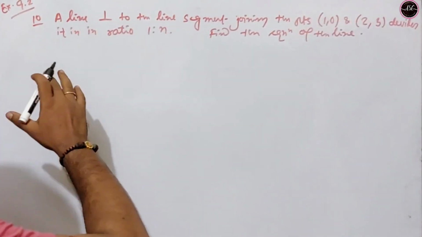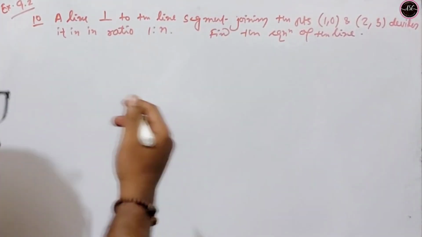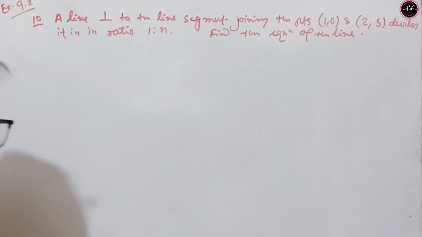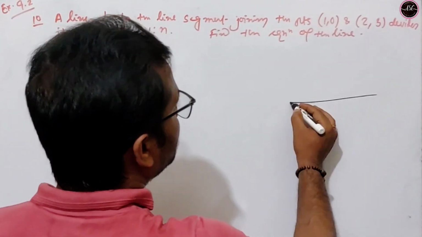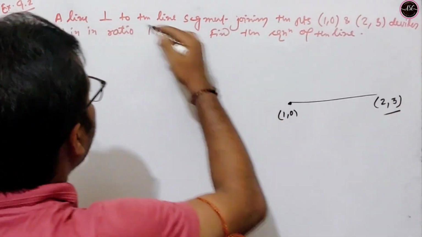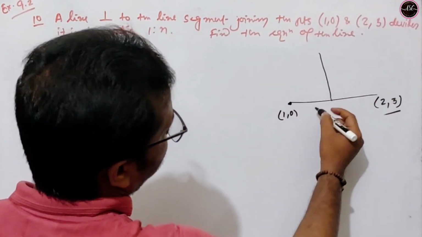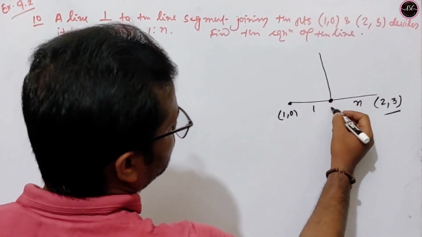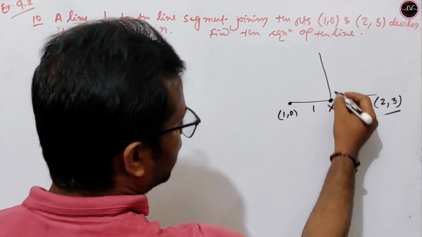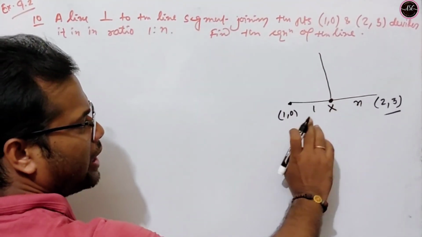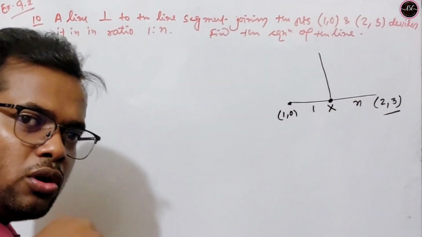Okay, just look at this question. A line perpendicular to a line segment joining the points (1, 0) and (2, 3) divides it in the ratio 1:n. Find the equation of the line. So this is the line segment, and this line is perpendicular to this and divides it in 1:n ratio. So we will first find this intercept point. As this line intercepts this at X and divides it in 1:n ratio,